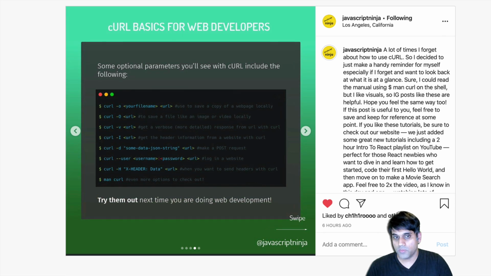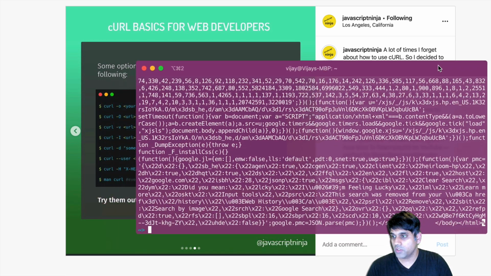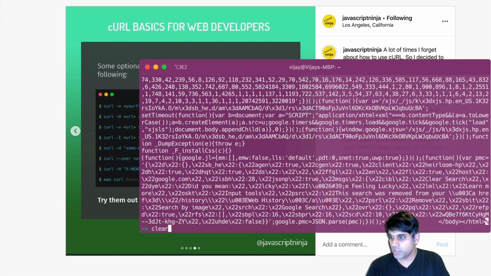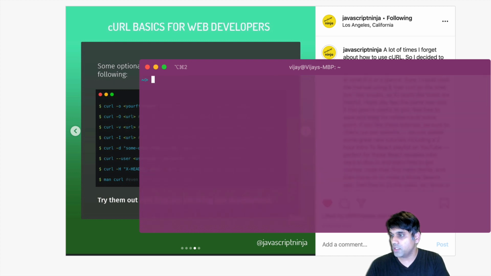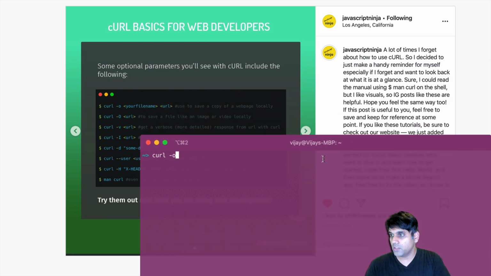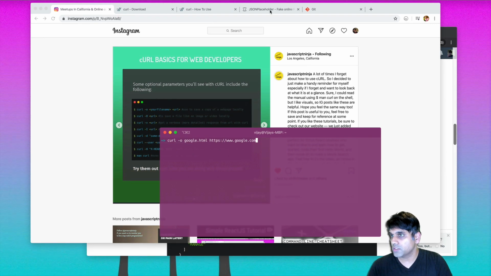But let's bring back our little terminal here, and now it's a lot bigger. I'm going to clear out the command line, and then I'm just going to say curl -o, and then let's see, your file name and then URL. So use this to save a copy of your web page locally. So let's say we want to download, maybe that response from typicode. I'm going to go back up on my keyboard and see if I can get to it. All right, it's not letting me, so I'm going to have to zoom out and basically just go over to